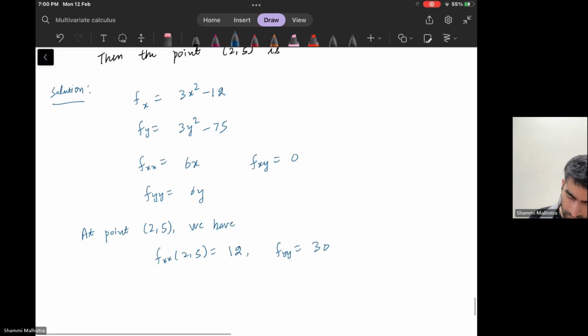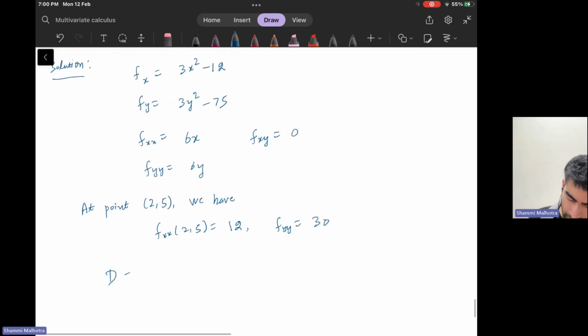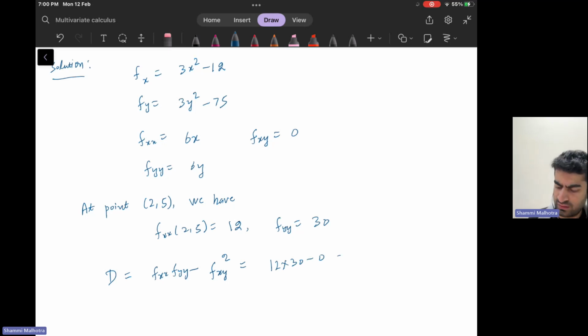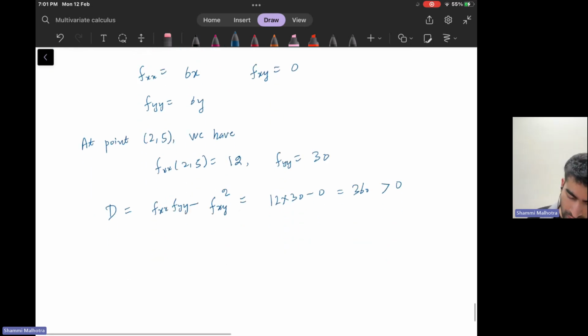So then D is given as fxx fyy minus fxy square. So this would be 12 times 30 minus 0. So this expression is 360, which is positive. So this is a point where either we have a local maxima or minima depending on the value of fxx. So let's check. We have fxx as 12, which is positive. So this implies by second derivative test,